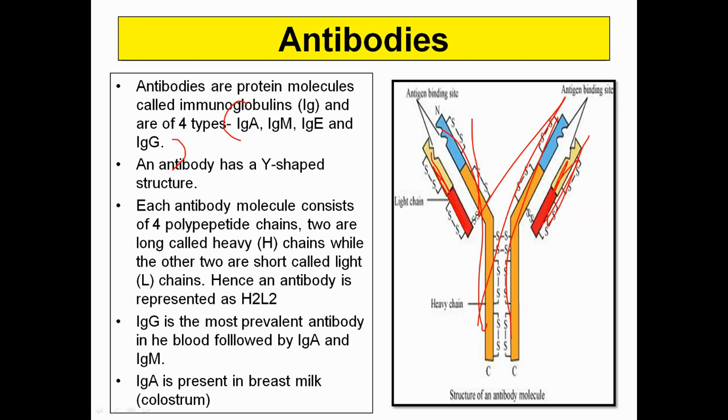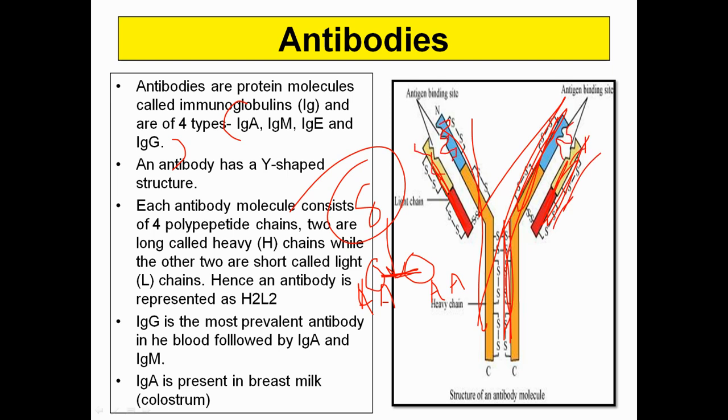And you can easily recognize sulfur bonds. Beautiful sulfur bonds are there. They are going to form a peptide bond between two of the amino acids. If this is one amino acid and this is another amino acid, a peptide bond is going to be formed with the help of sulfur bond. So you can see a beautiful series of sulfur bonds over here. And this zigzag pattern is here. Zigzag pattern is an antigen binding site, any sort of foreign pathogen, chemicals, anything that will come and that will